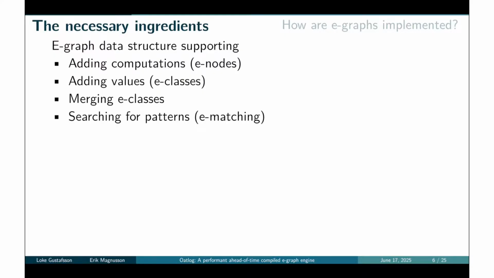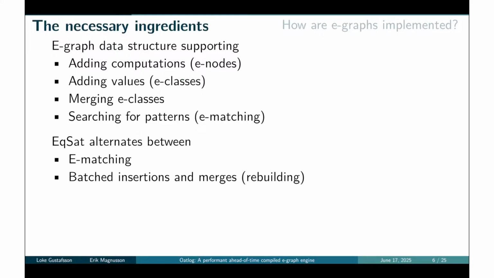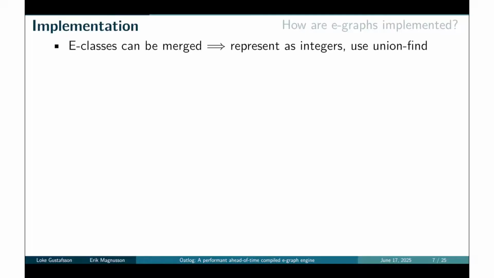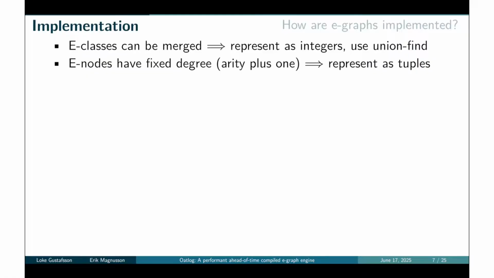This data structure is then used in alternating rounds of e-matching the rewrite rules and mutating the eGraph based on the matches, including performing e-class merging. Let's approach the implementation in steps. For e-classes, let's represent them as integers and use union find to implement merging. Then, since e-nodes, unlike e-classes, have a fixed degree in the graph representation, we can represent e-nodes as tuples with